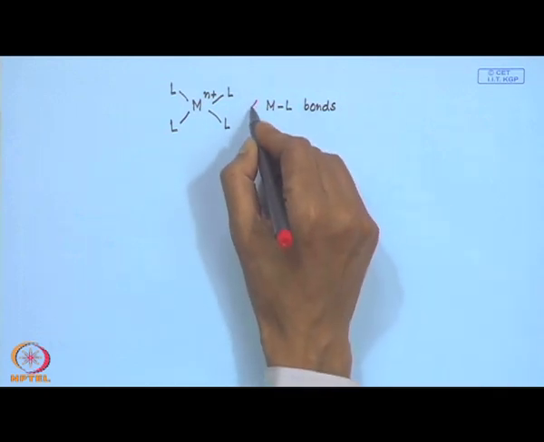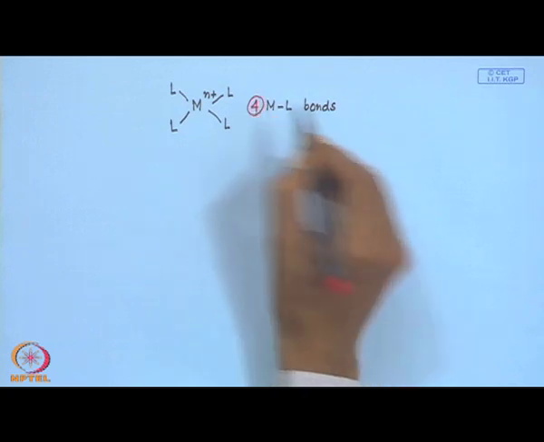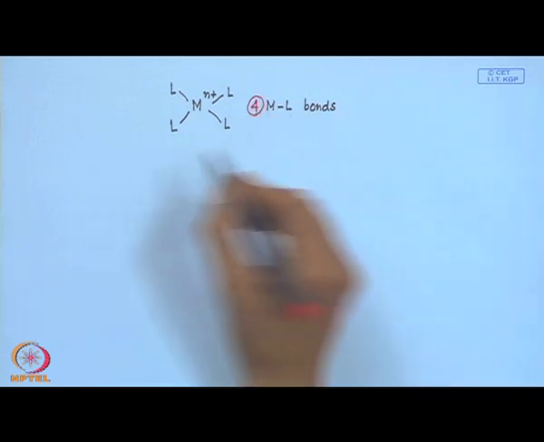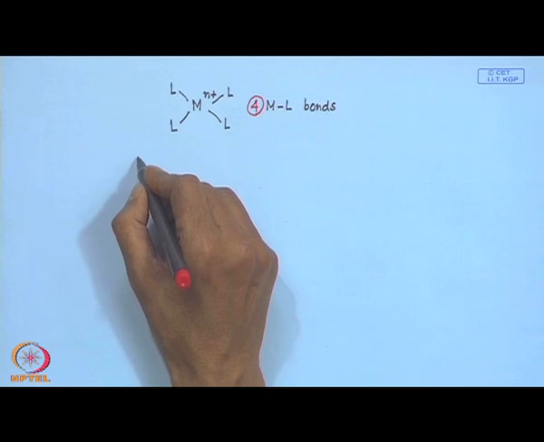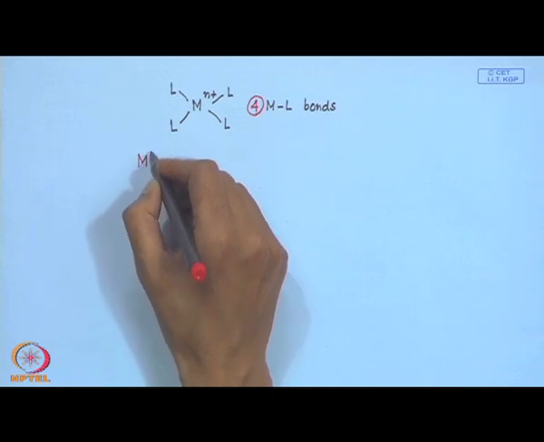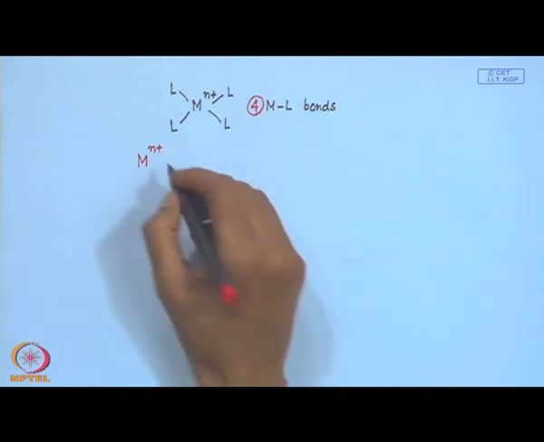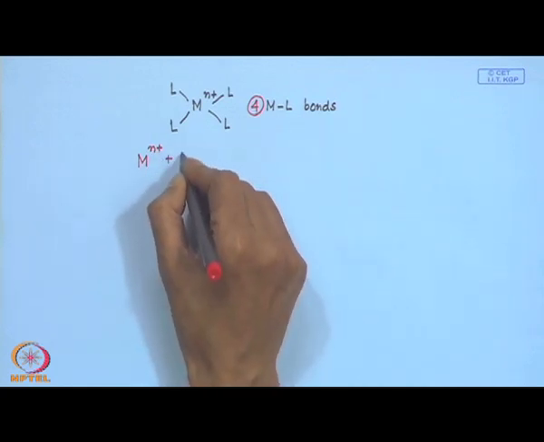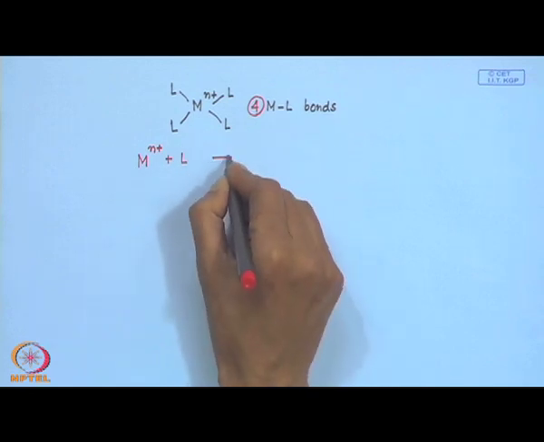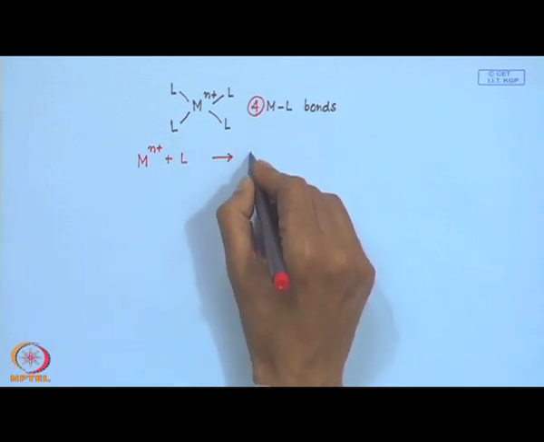So, this number is very important, that means the 4 metal ligand bonds are forming, and if we think that Mn plus was there, which is forming the first metal ligand bond,